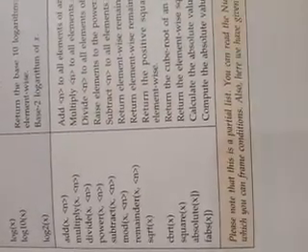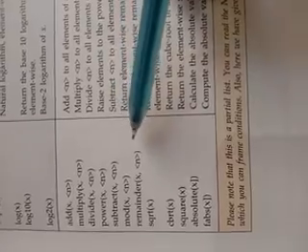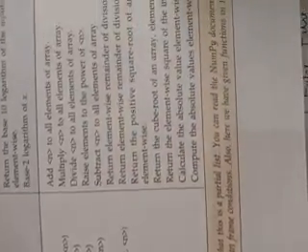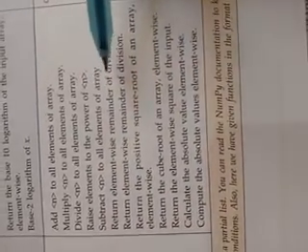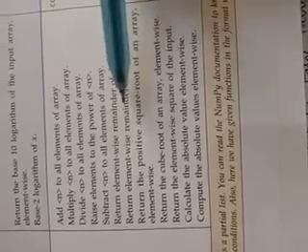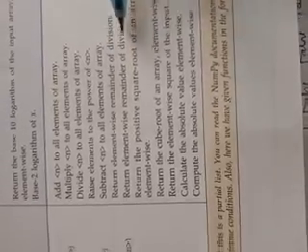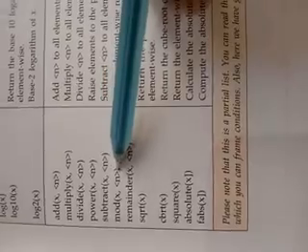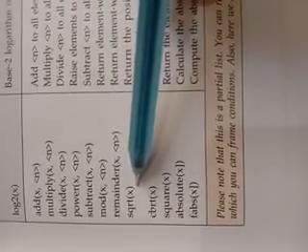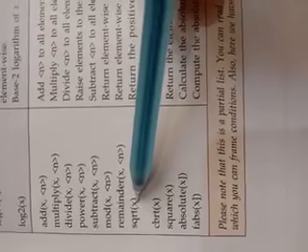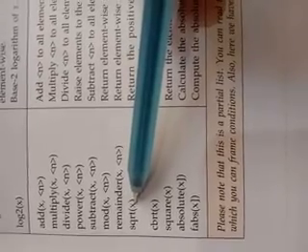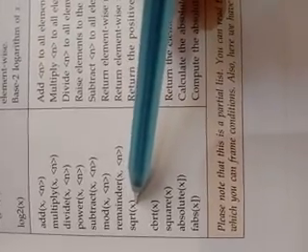Return element-wise remainder of division. Both are the same. Don't get confused, you can use mod or you can use remainder, both have the same function. Then sqrt: suppose you have passed an element, then it will print the square root value of that. Suppose here is 144, then what result will you get? 12.